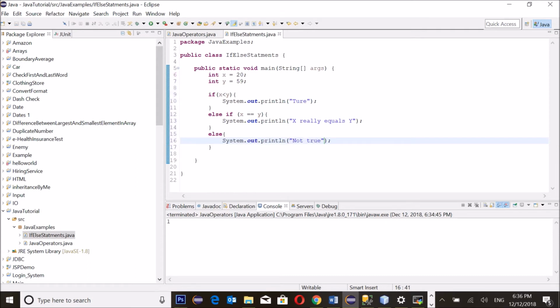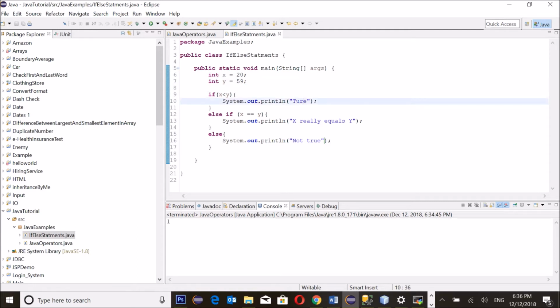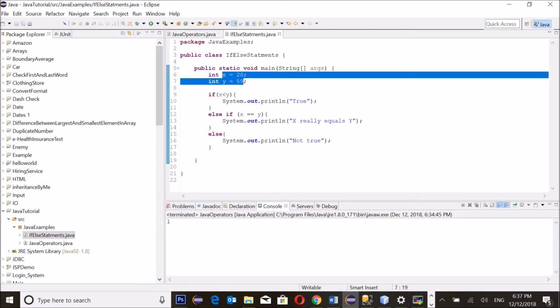So pretty much I did initialize my variables: x equal to 20, y equal to 59. I have my if statement, which basically says if x is less than 59, we should print out true. Sorry for the typo. We should print out true, and else if my x is really equal to